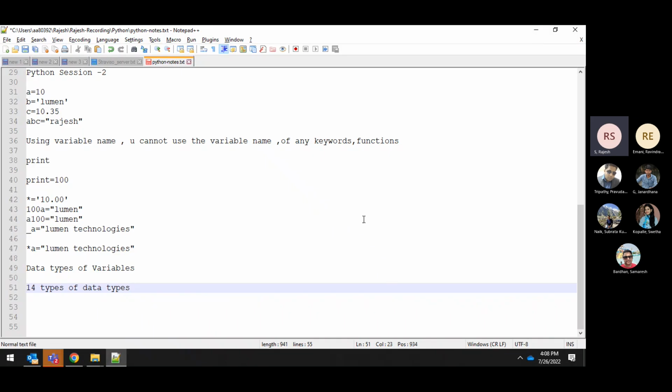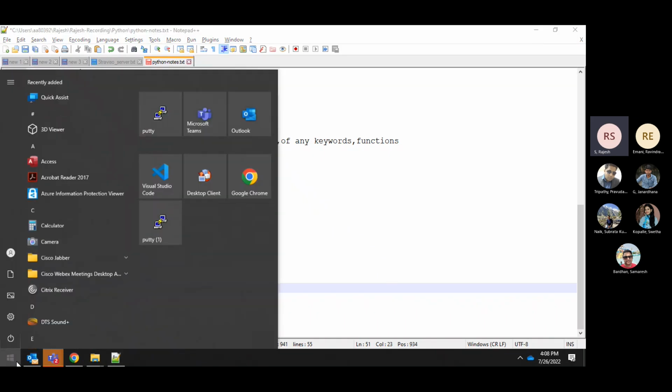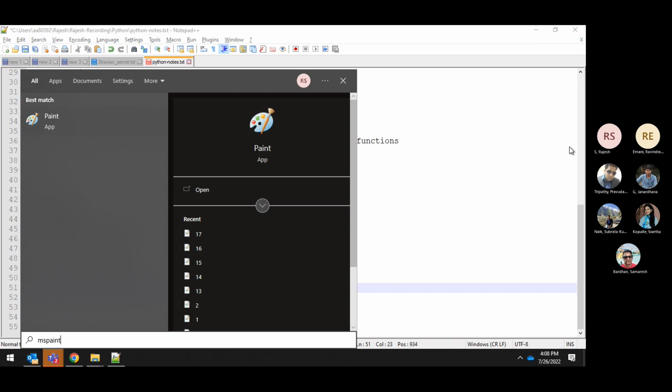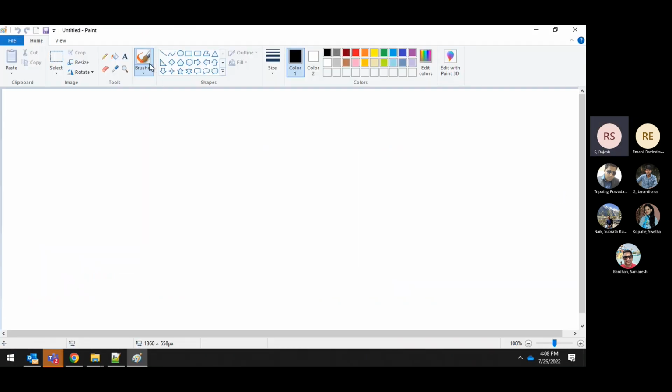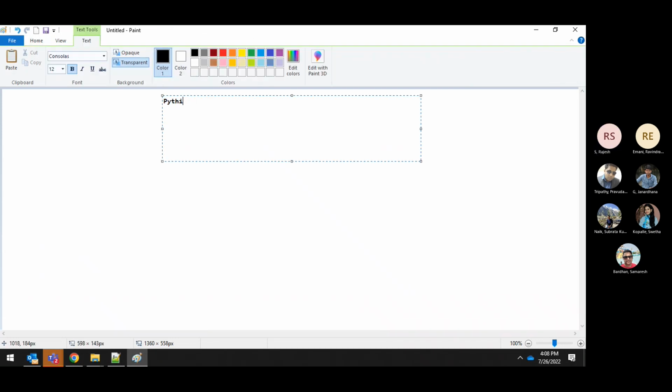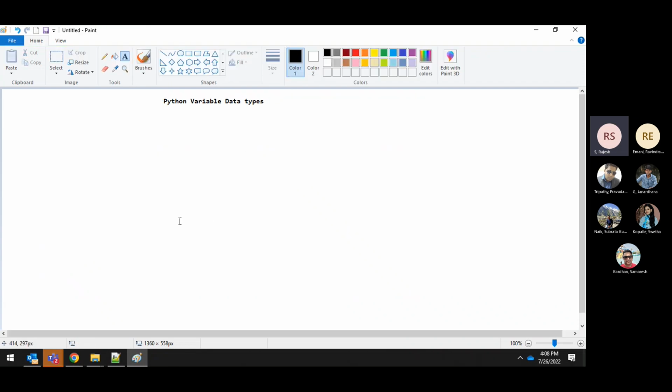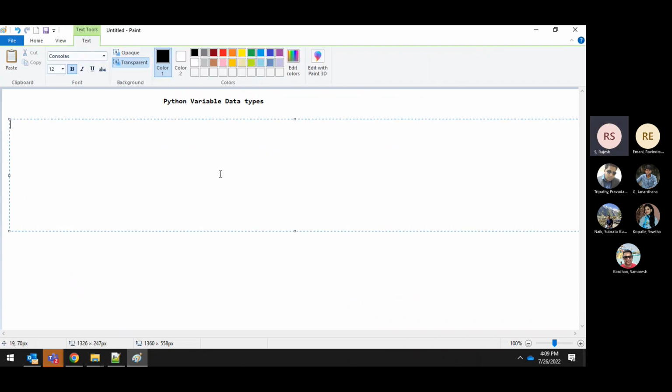So what are those 14 data types? Python variable data types. These are very important, guys. The data types are int, float, complex,